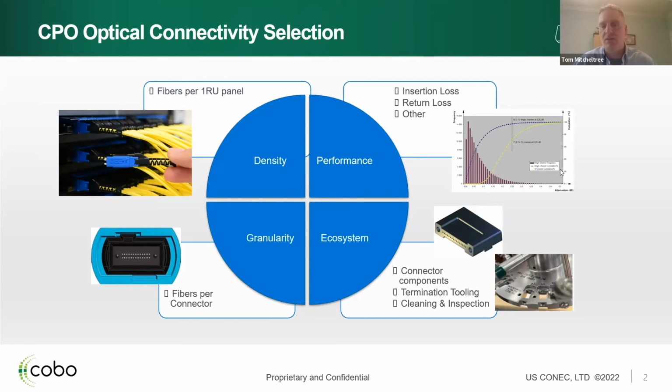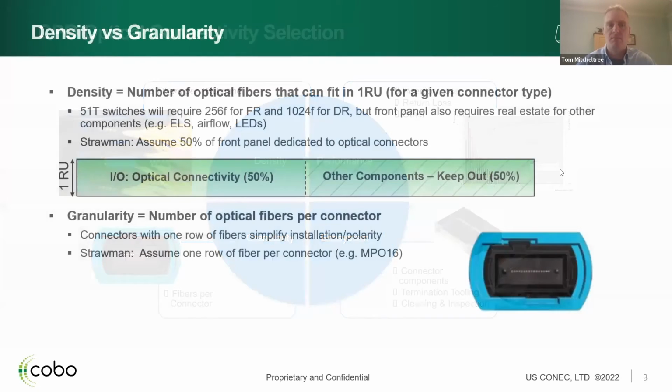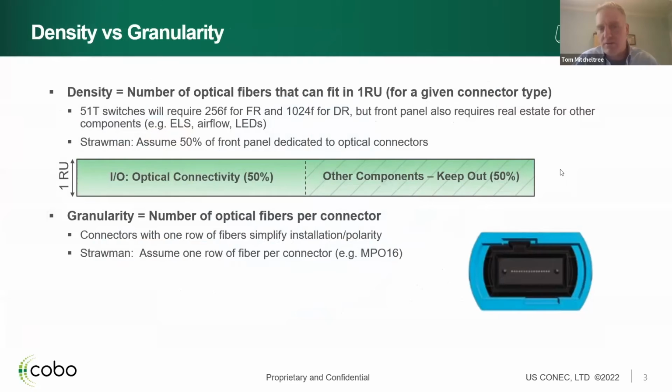For fiber optic connectors, ecosystem means a number of things. So we'll go into each of these pieces of the pie here to make sure that if you're choosing a connector for CPO, you kind of have all the variables in mind. So kind of starting on the left-hand side of that chart, density and granularity. So again, density is simply the number of fibers that you can fit into a 1RU panel given a particular